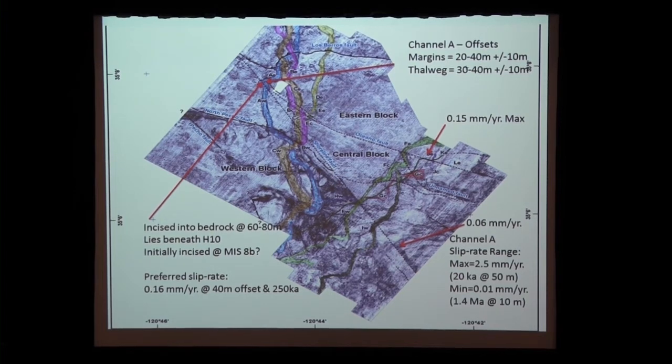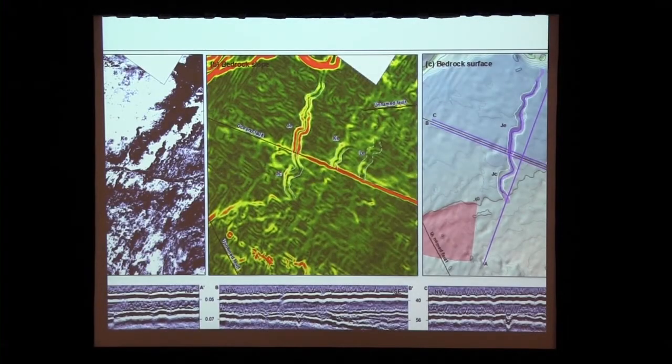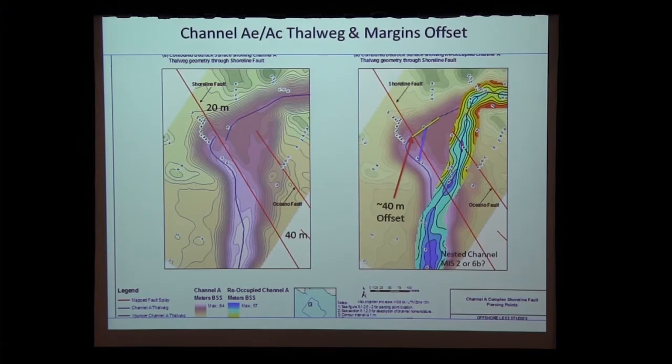Okay, and that's, can we go back to the slide where you show the channel Thalweg? Yeah, the Channel A Thalweg. There was a contour map. Yeah, that one. It looks to me from the contours that there are two troughs west of the fault. Very close to the fault. One of them has a blue line and the other doesn't. So that one looks like it was used to measure the 40 meters. Is the other trough a viable interpretation, sort of an alternative interpretation of the Thalweg?